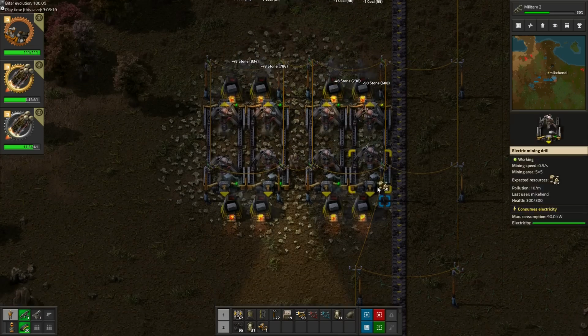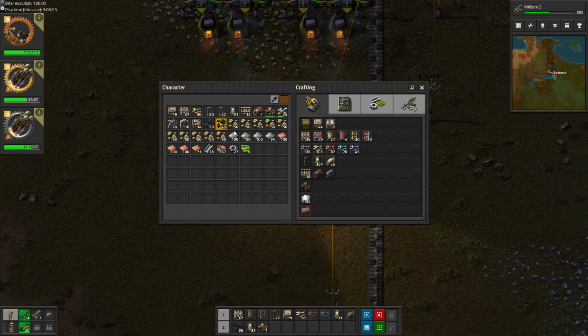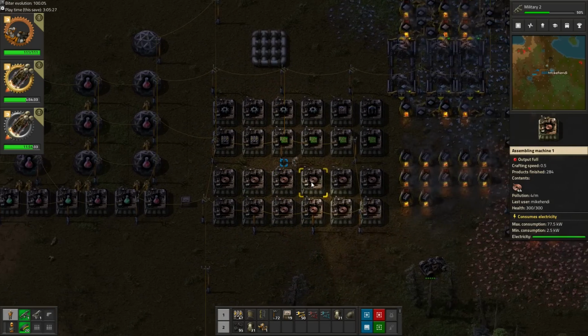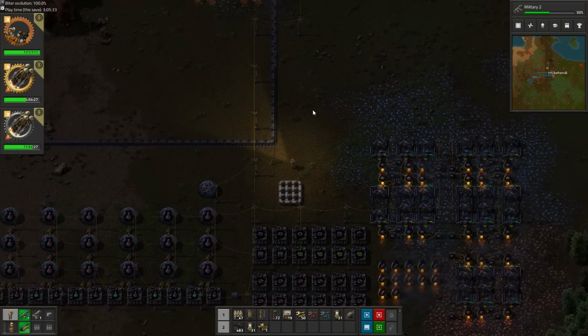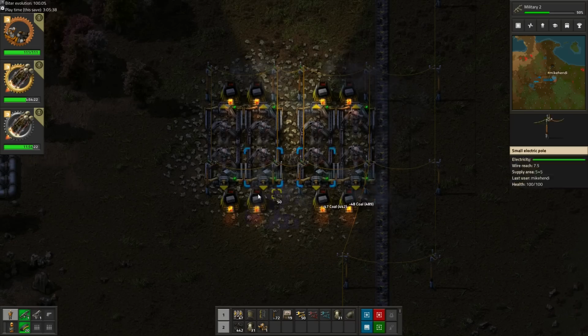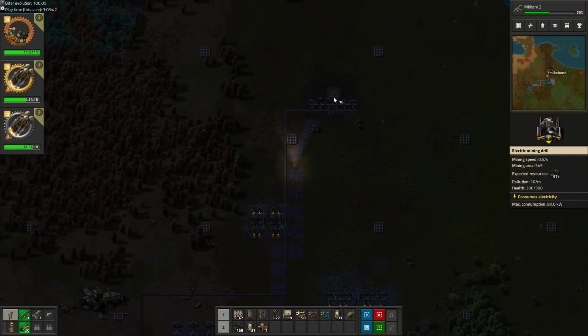And let's insert some of these as well. Okay, we have 500 stone left to make some stone furnaces. I think I left coal in the car. Yeah, I did. So let's fill these back up. And I think we have enough miners to...